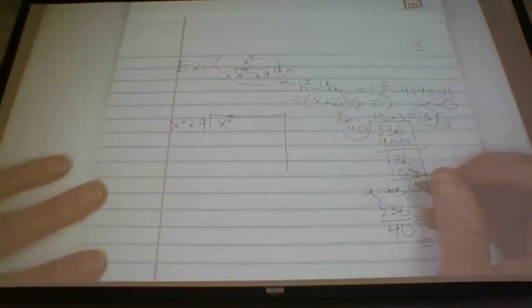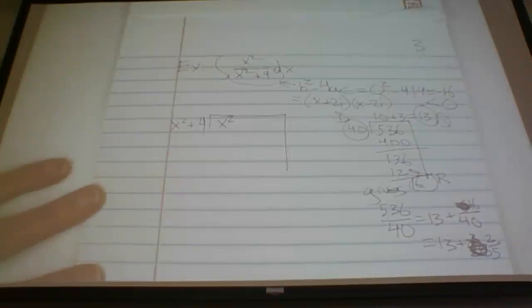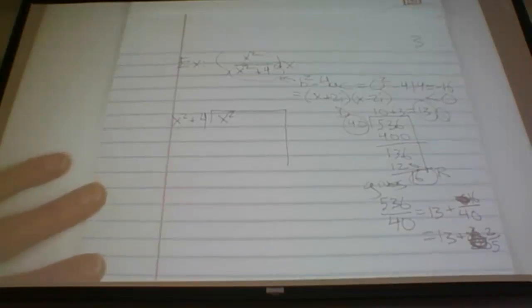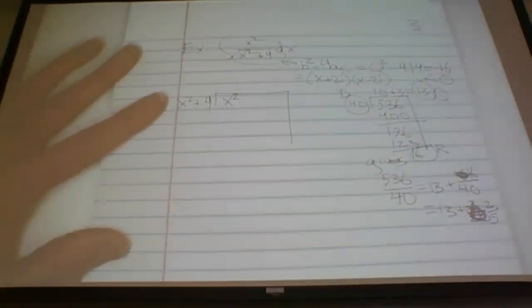So that's long, yeah. Oh, did I botch it? Yeah, I'm sorry, 16. Yes, thank you. 16. And then I've got 8. I've got to reduce that further, 8 over 40 is 4 over 20, 2 over 10, 1 over 5. All right. Yeah, 13 1/5. Thank you. So that's